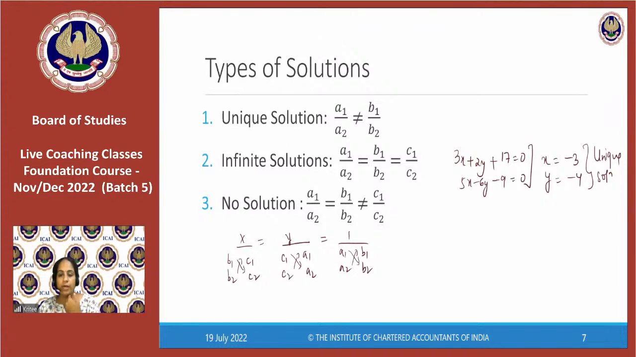Then for whatever number of methods you solve these equations, you will always get this answer, because the answer is going to be the same for these two particular conditions. This is a unique solution. But supposedly if the equation would have been like this,